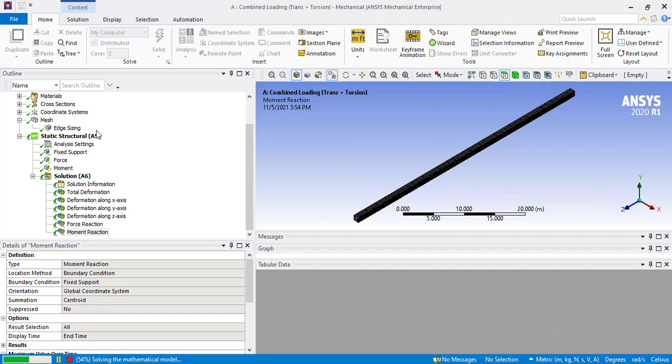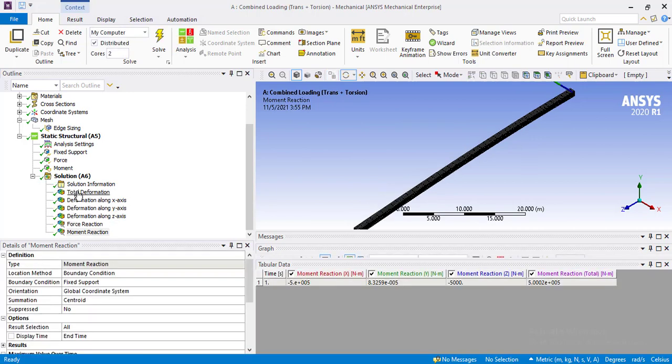Because the number of elements has been increased due to size meshing, it is taking time to solve the mathematical model of this analysis. It has been completed and all the results have been embedded into these tabs.